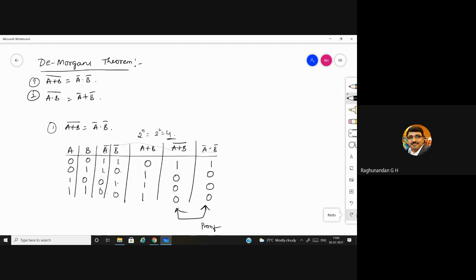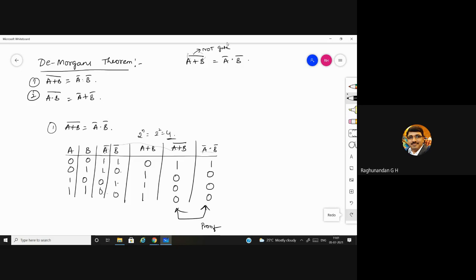You also need to write the logic diagram using the different gates. Here, when you take (A + B) whole bar equal to A bar into B bar, you can see that a complement operation is used. The complement operation is always replaced by a NOT gate. A NOT gate is a complementary gate which gives just the reverse of what you give as input.